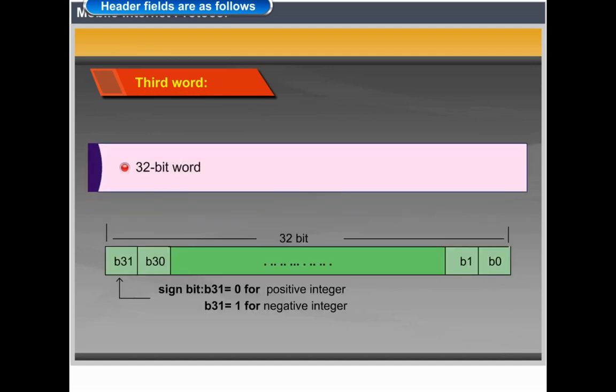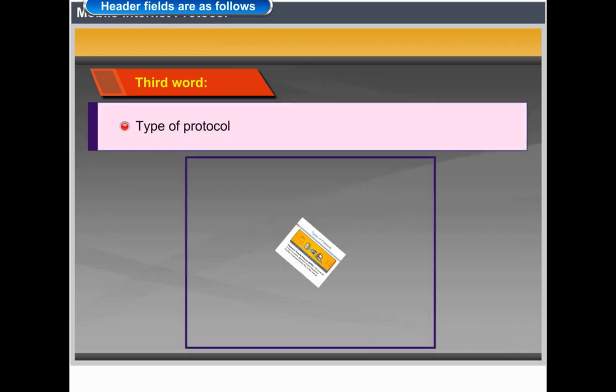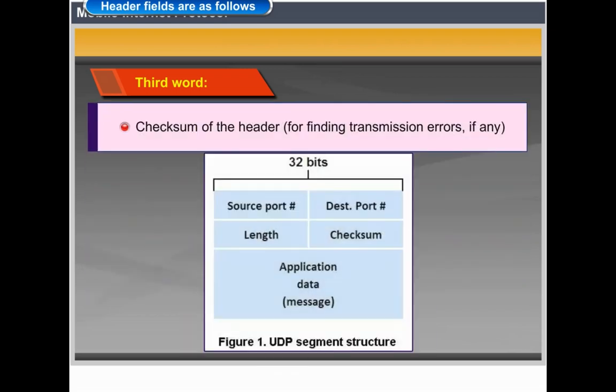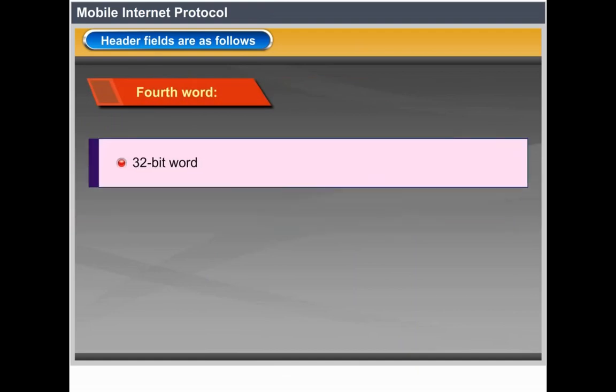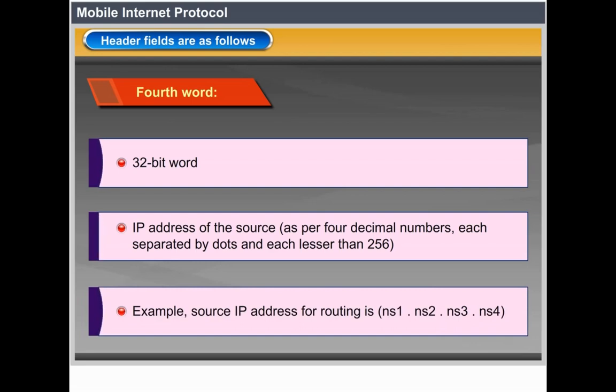Third word: a 32-bit word. Time to live, not in seconds but in number of attempts to hop before expiry of packets in the network. Type of protocol. Checksum of the header for finding transmission errors, if any. Fourth word: a 32-bit word. IP address of the source as per 4 decimal numbers, each separated by dots and each lesser than 256. Example: source IP address for routing is